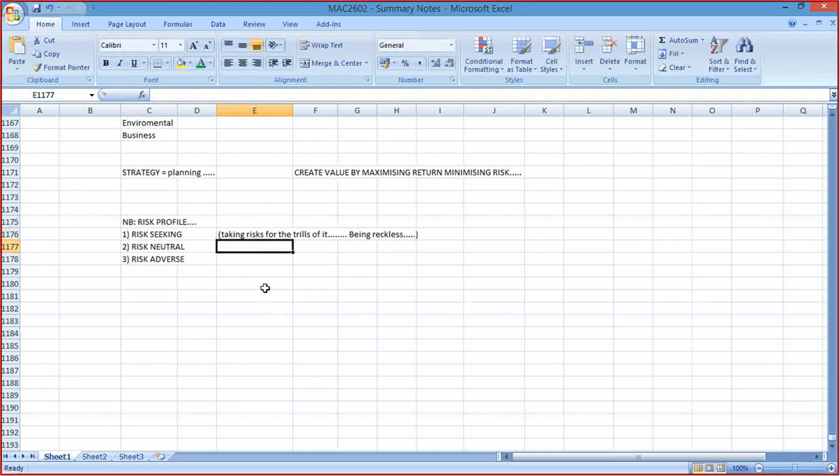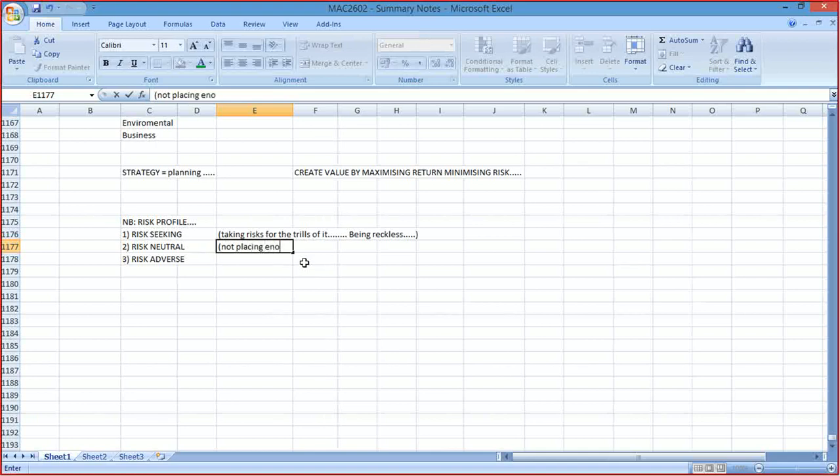Okay, if you're risk seeking, you're looking for risk. You're not considering the return. You just want more risk for the sake of wanting more risk, because of the rush, the adrenaline rush, or whatever the case might be. Risk neutral is not